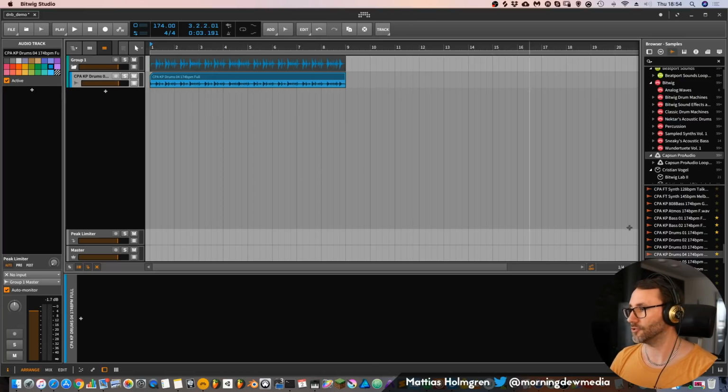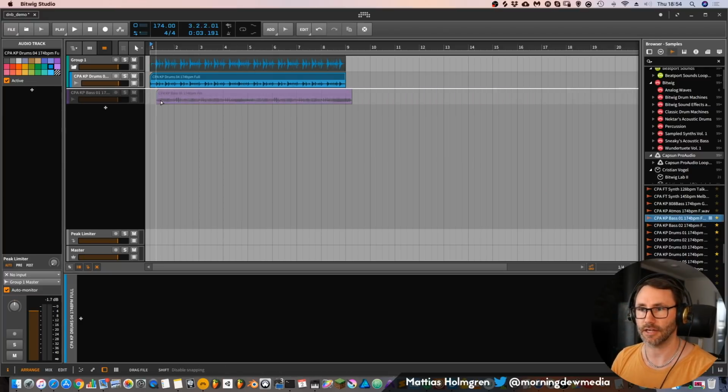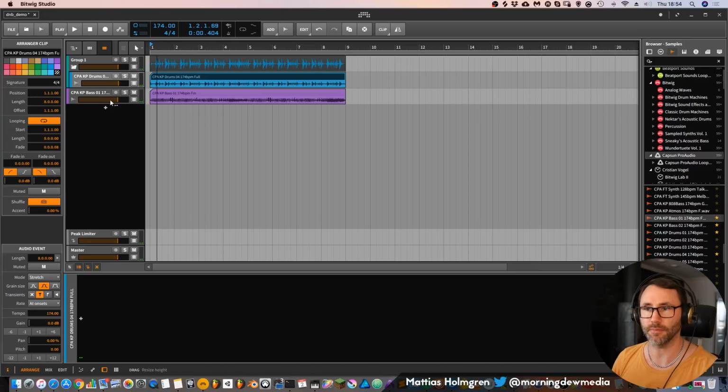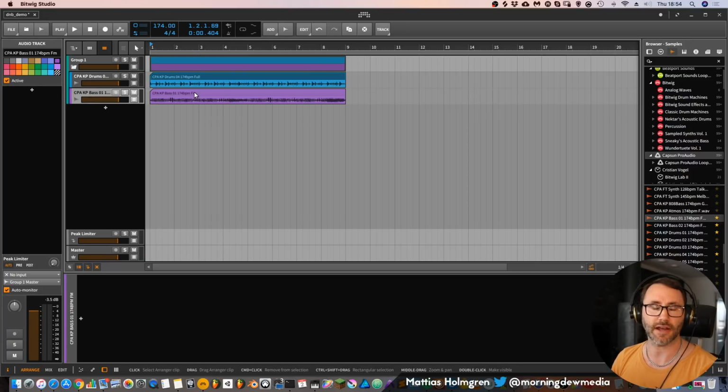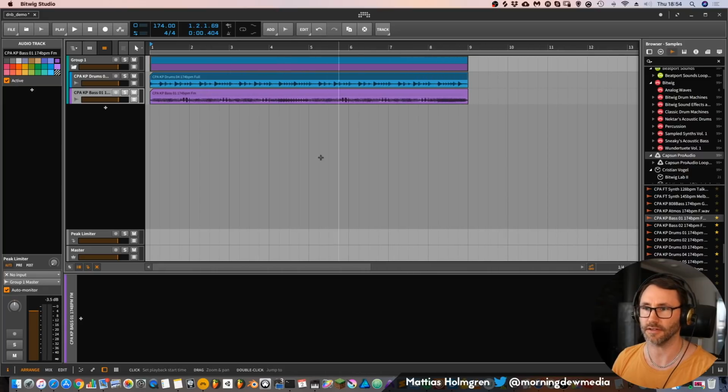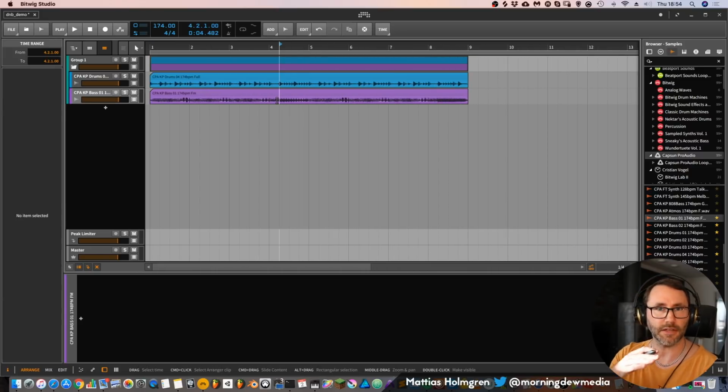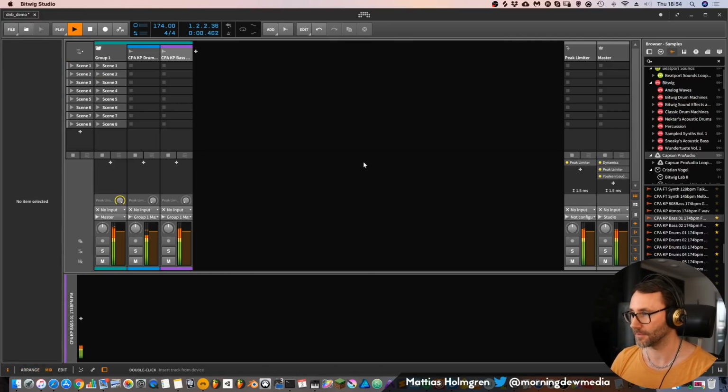Okay, so that's our drum sample, and now we need to find a bass so we can match up the kick with the bass, because that's what this tutorial is about. Here we have some really cool bass. But as you can hear, if we play these two tracks together, the kick and drum loop and this bass, it's going to muddy up the low end a little bit. Let's listen here.